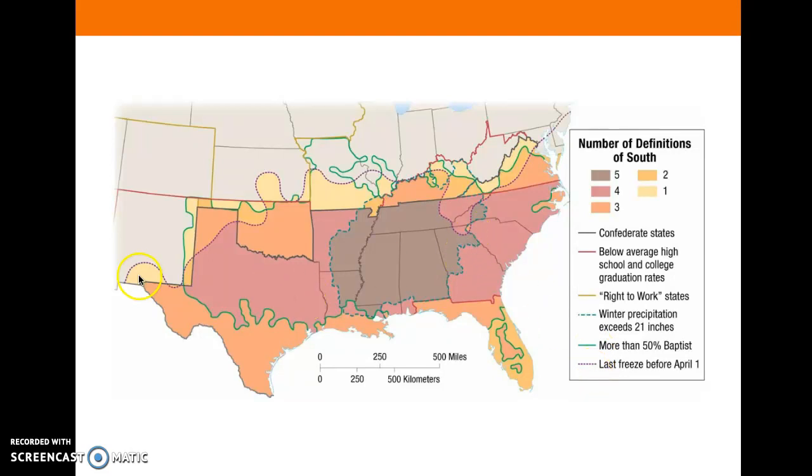And so if you look at the map, even though it gets really cluttered, you can see that the last freeze includes some places and not others. And so what defines a state in our country as being part of the South might differ a little bit, but everyone kind of knows what you mean when you say the South. And so I think universally people will be like, yeah, Georgia's in the South, Louisiana's in the South, Alabama's in the South. It's just some other states that are kind of on the border.